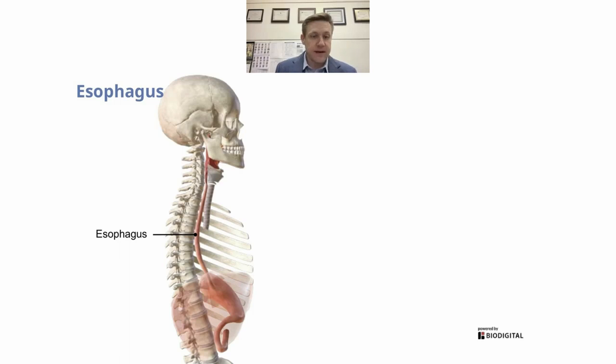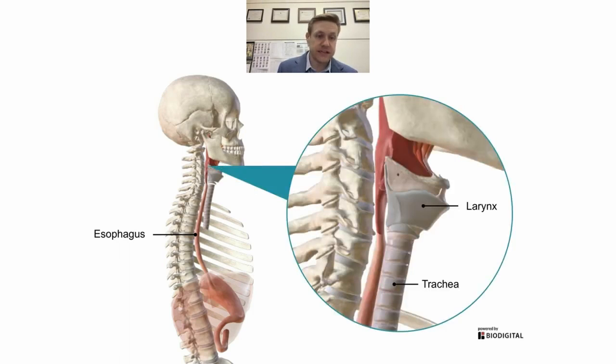Here we see a little lateral view of the esophagus and how it's really traversing the chest cavity. If we zoom in at the proximal region, we see just how closely our respiratory structures are related to our digestive structures. Here we see the larynx giving way to the trachea, which will eventually bifurcate or split into two bronchi to